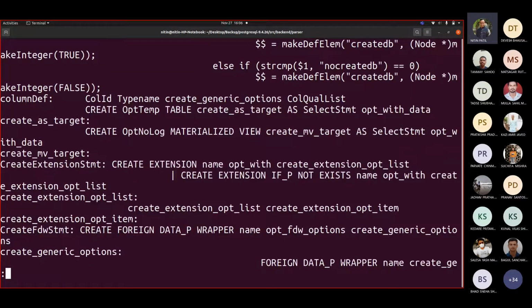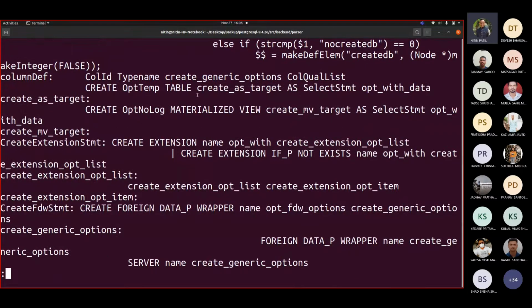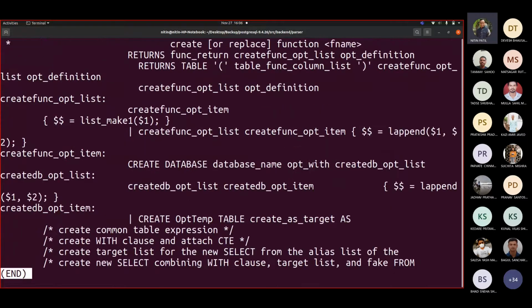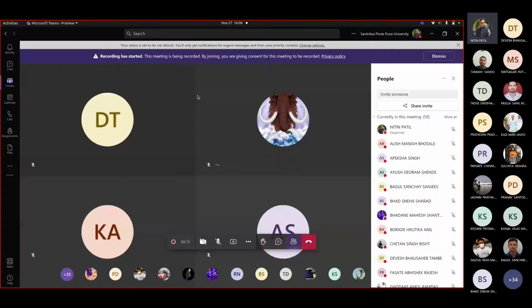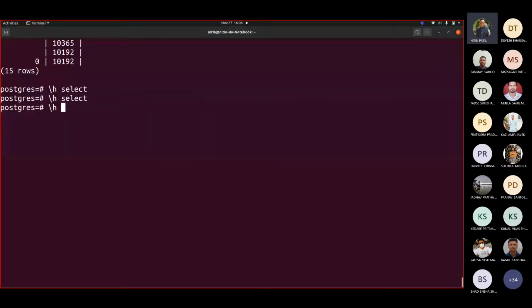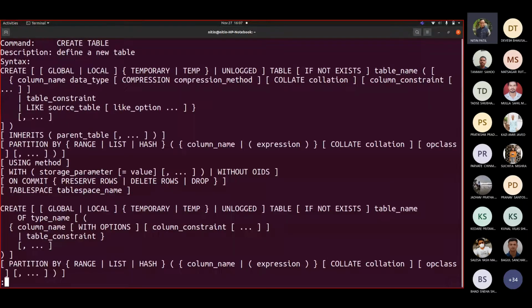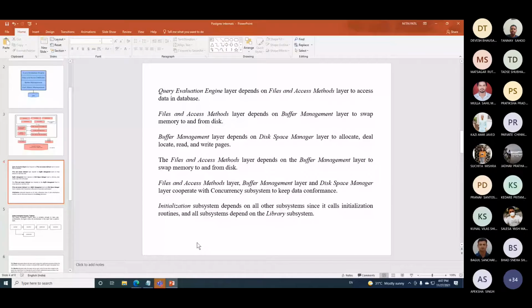Then you have create extension, create foreign table. The whole thing is written inside this syntax. What are the syntaxes that one can see inside Postgres? If you write \h create table, this is the syntax represented in that form of Yacc. And the query evaluation engine makes use of these two at the initial stage.